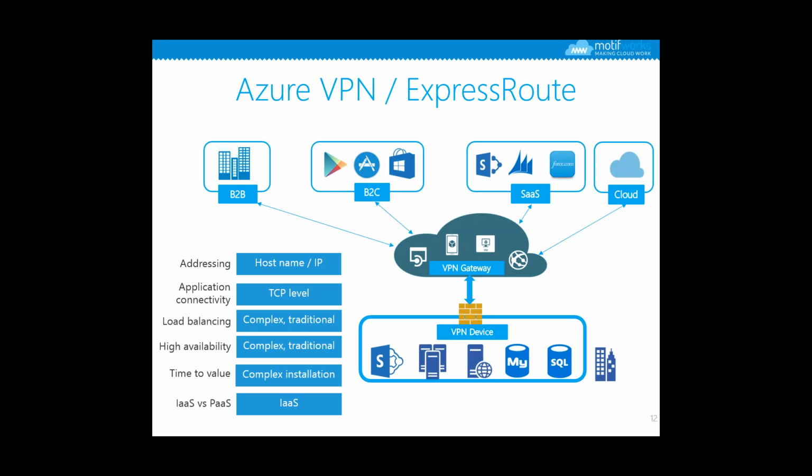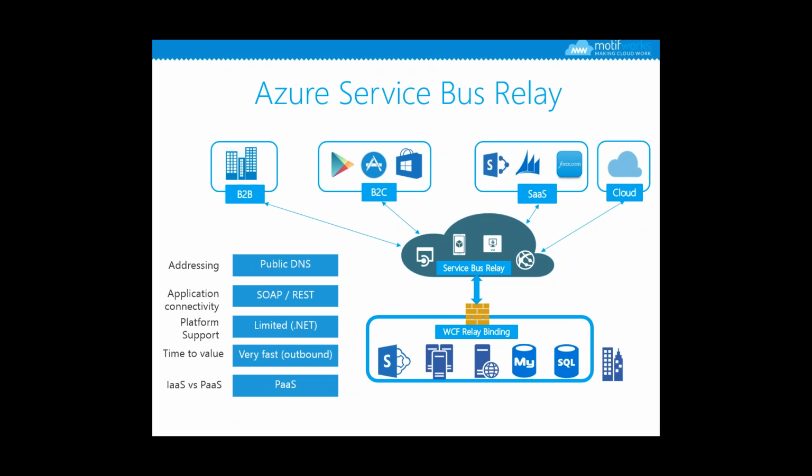So that is the advantage of using a VPN. On the other side, we have Azure Service Bus Relay. This was one of the workhorses of on-premise connectivity, which helped various SaaS applications connect to your on-premise data sources. Now the advantage here is, unlike VPN, there is no VPN device that you have to set up in your on-premise network and connect to virtual networks in the cloud and then leverage these services to connect to